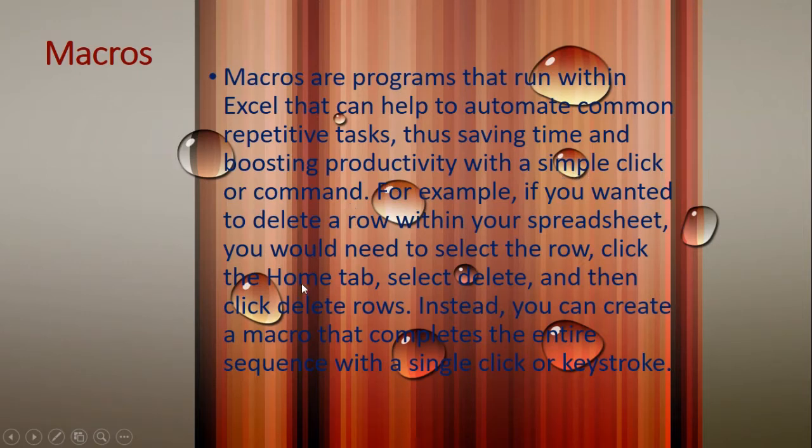Suppose, children, you want to delete a row in your spreadsheet, or you want to insert a row or anything. For that you have to go to the Home tab, select the Delete option, then click on Delete Row. All this you have to do. Instead of that, you can create a macro that